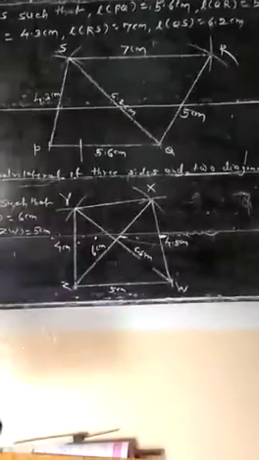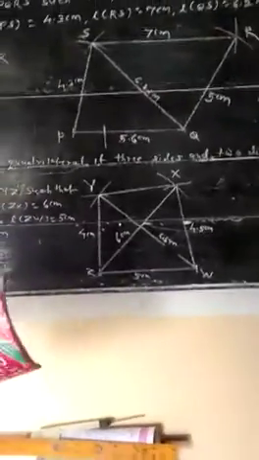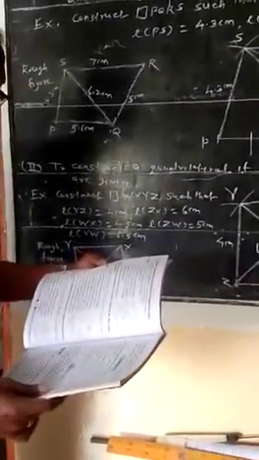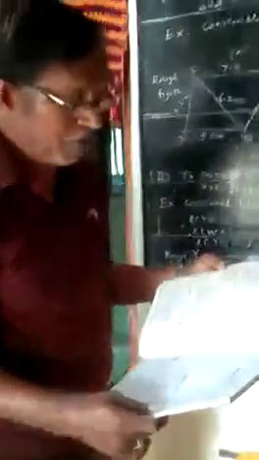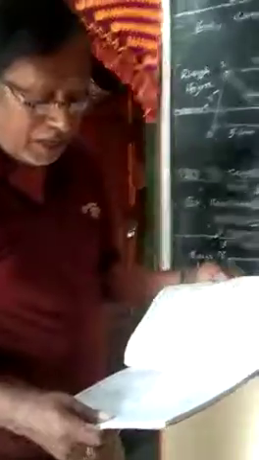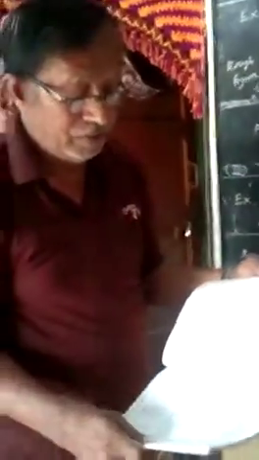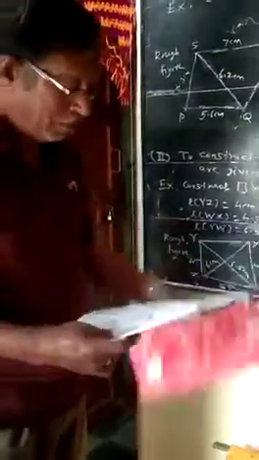The remaining two types we will see in the next period. For this type of construction, practice at 8.1. You see which constructions are there. First one, second one, and fourth one. Second and fourth, you try to solve, try to construct, and these two also, and send them to me as early as possible. Okay.